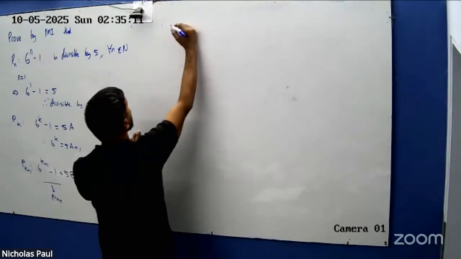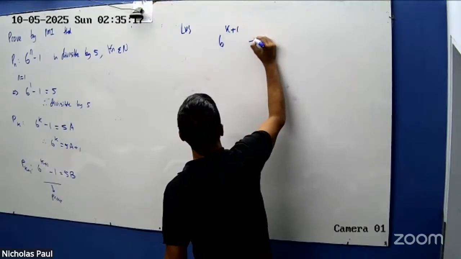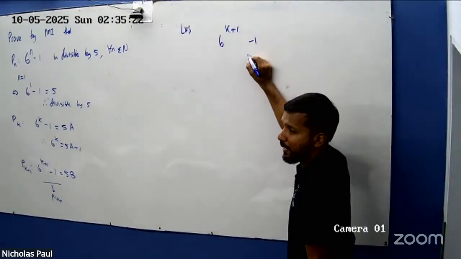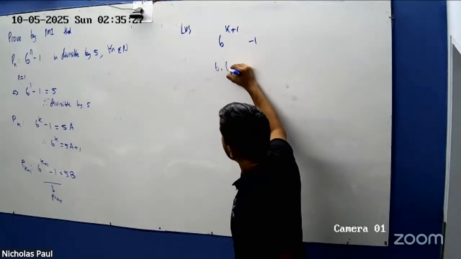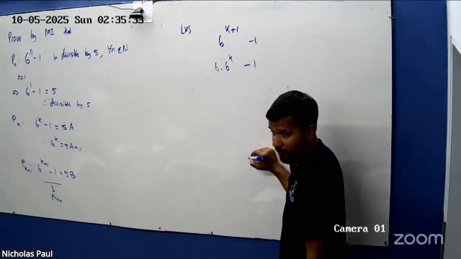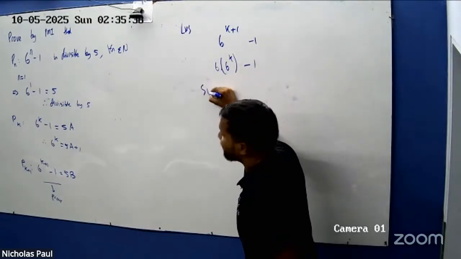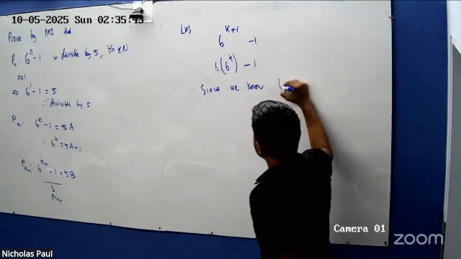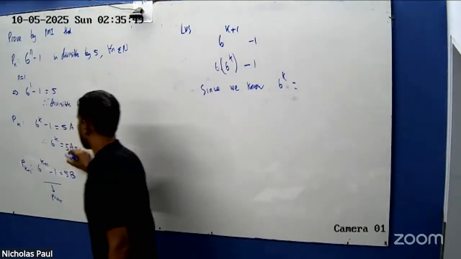So left hand side. We work with 6 to the k plus 1 minus 1. How am I going to show that this is divisible by 5? First step, I'm going to expand it a little: 6 times 6 to the k, minus 1. Are you okay with that? So now, since we know that 6 to the k is equal to 5a plus 1,